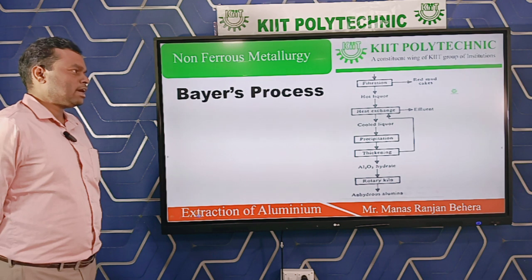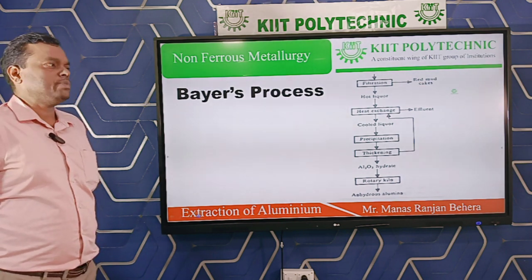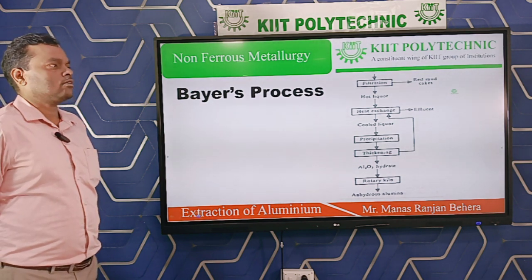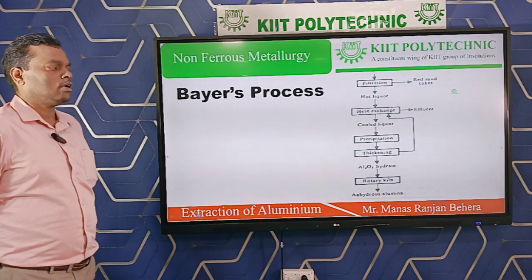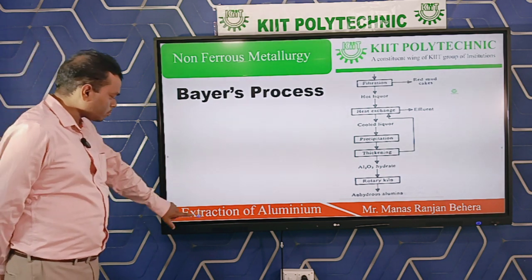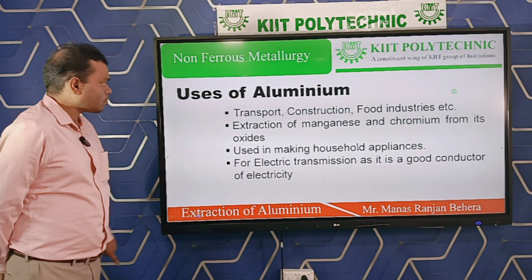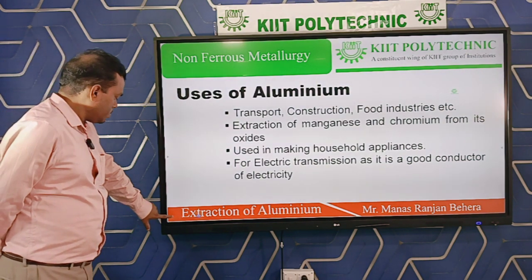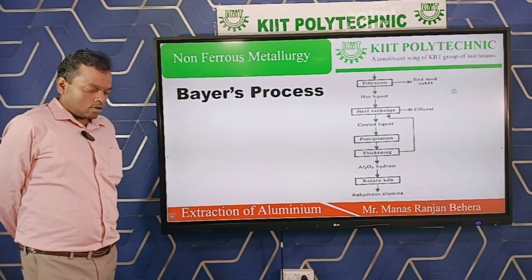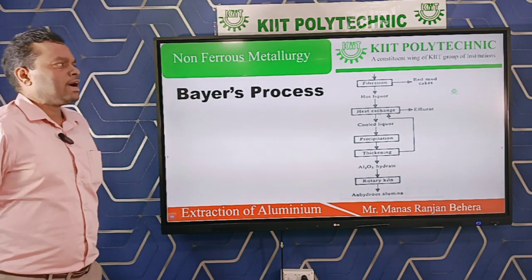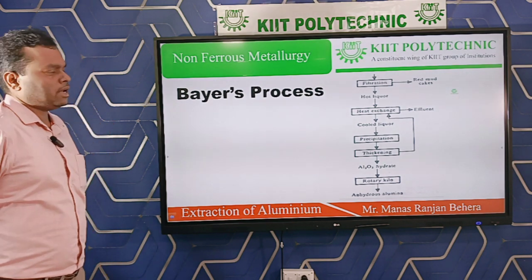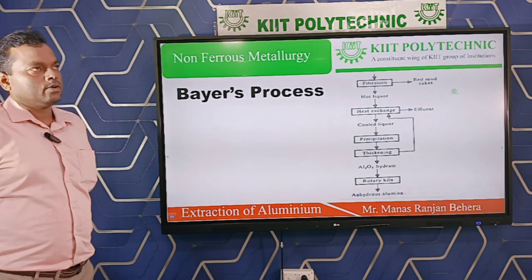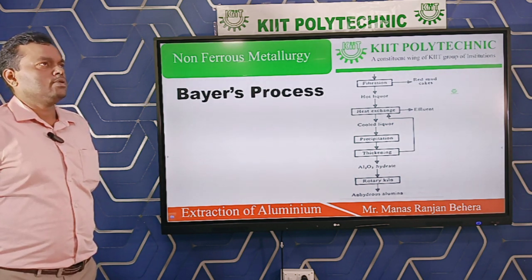What is anhydrous alumina? That means this alumina is pure and it doesn't contain any impurity, and it is water free. That means there is no water involved. So this is the first step. So we have completed the first step. First step means the Bayer process. In this process, we have produced a product that is called pure alumina, and that pure alumina will be used